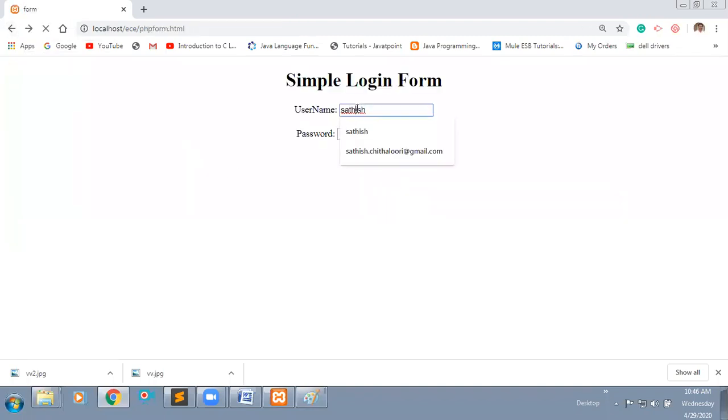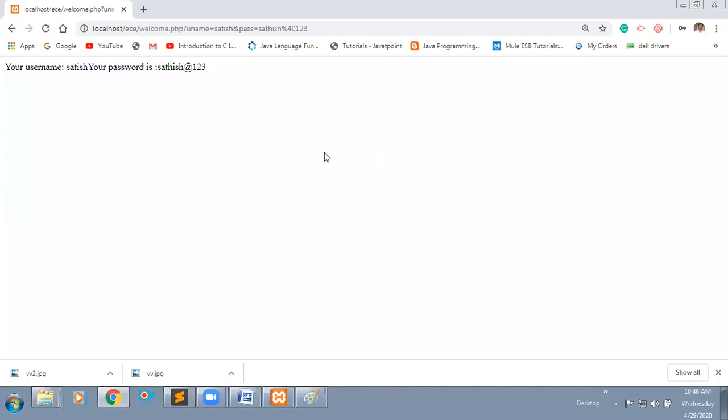I will enter the same field and we will see whether we are getting the correct message or not. I'm just removing that H and entering the same password. Now you can observe your username and your password you are getting right. This is how you can validate your user data in a PHP file.